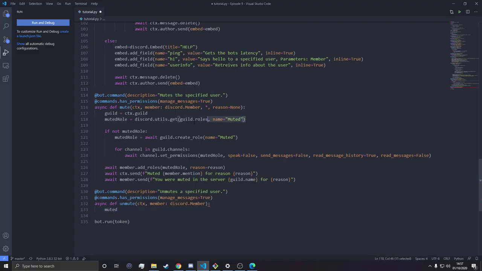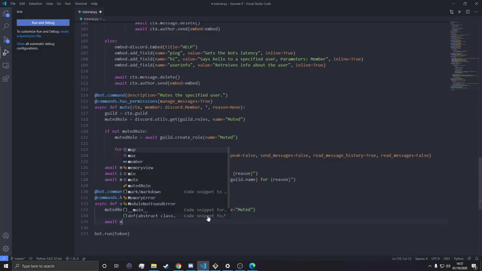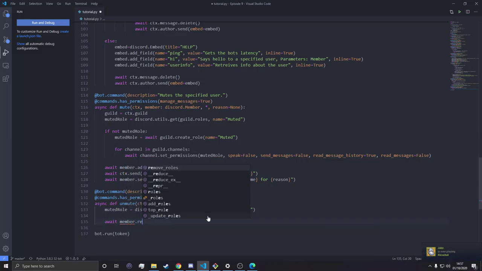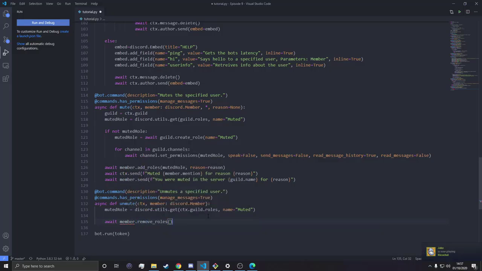So all we do is we copy this command up here. Then we need to remove the role. Actually, because we're only using it once here, we haven't created the guild variable, so we need to actually pass in context there. So then once we've done that, we want to await member.remove_roles and just pass in muted role. And then we'll say await ctx.send